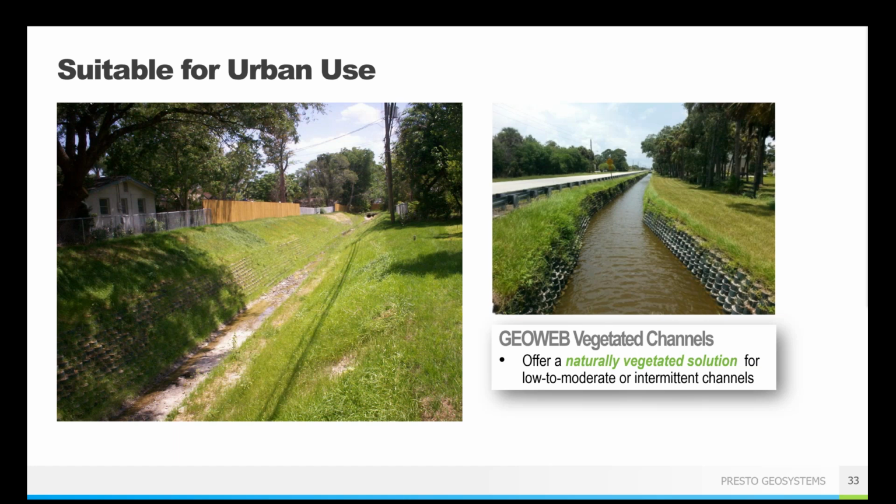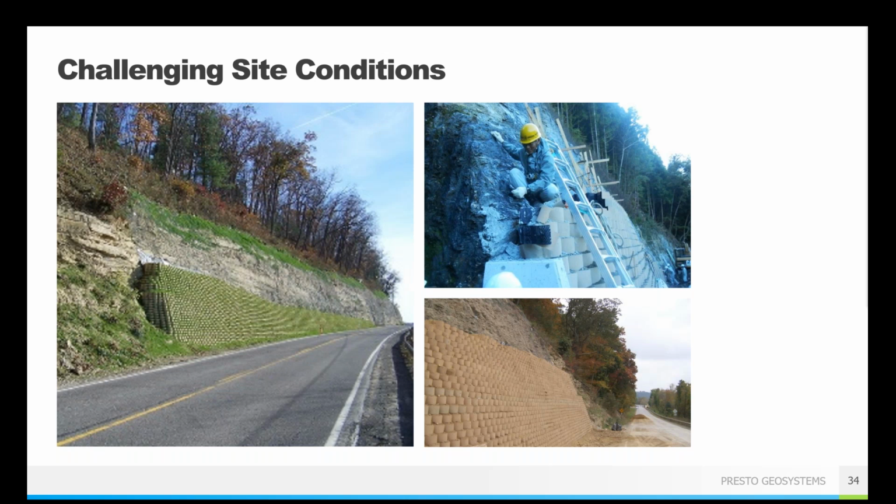And some challenging site conditions. So again, this is where I talked a little bit about using it as a fascia. So rather than doing some excavation and building it up as a retaining wall, you're putting it up against bedrock or otherwise a rock face, something that is going to be there. This was an area where they were concerned about rockfall, and so they put the GeoWeb system as the fascia just in front of this rock face to help hold the rock face in place and grow a little bit of vegetation if possible.